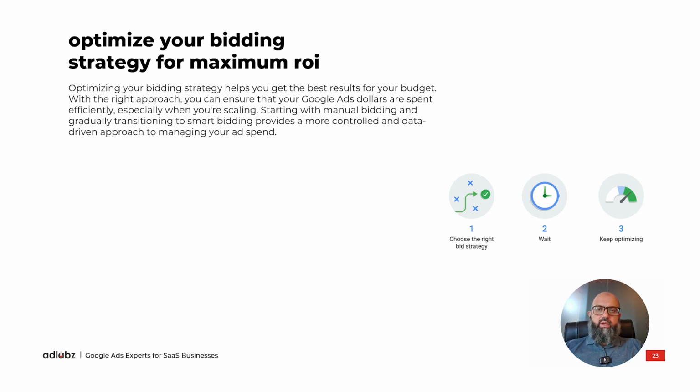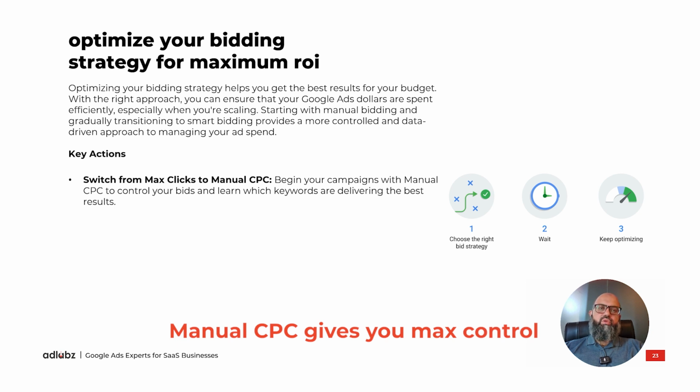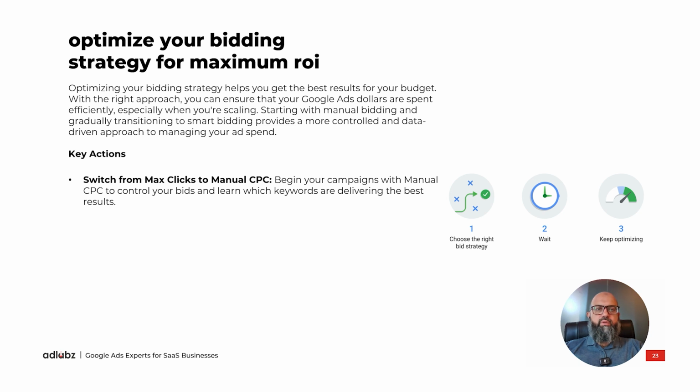So if you're starting a new Google Ads account and a new campaign and you do not have sufficient conversion data in your Google Ads account, always start with Manual CPC. There's also another automated bidding strategy known as maximize clicks or max clicks, in which Google automatically places bids on your behalf. You don't have to manually adjust the bids, and it tries to get as many clicks as possible, but that is also not recommended unless you have extreme understanding of your market and your account is already optimized. You should always start off with Manual CPC. Manual CPC gives you maximum control over each keyword. You can set a specific bid for each keyword,